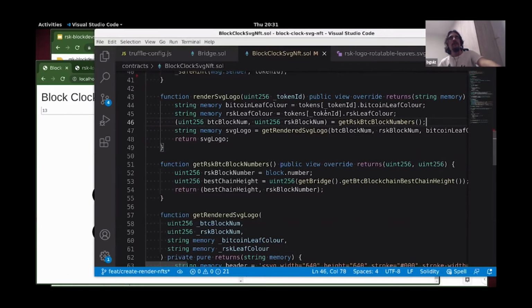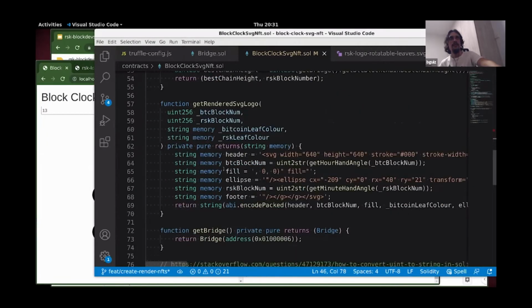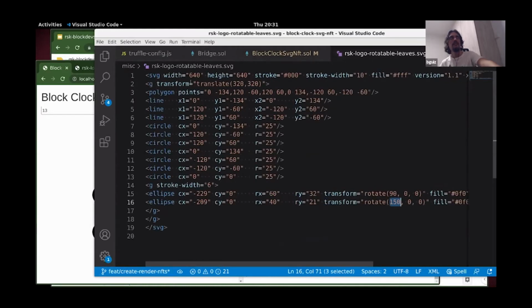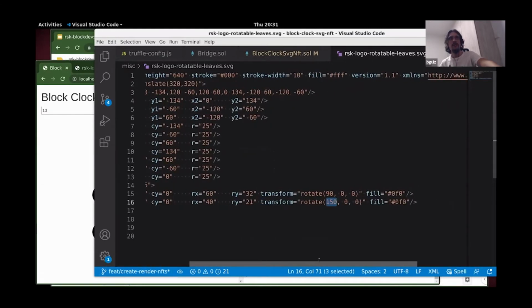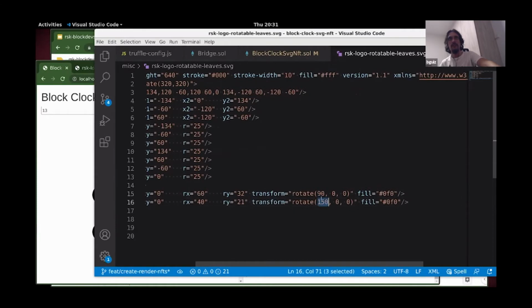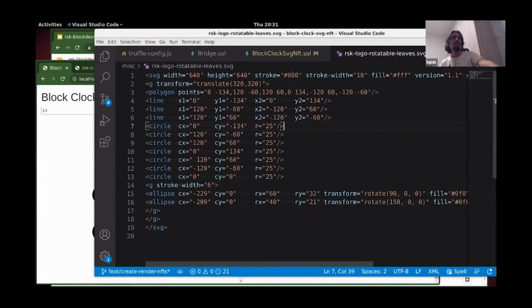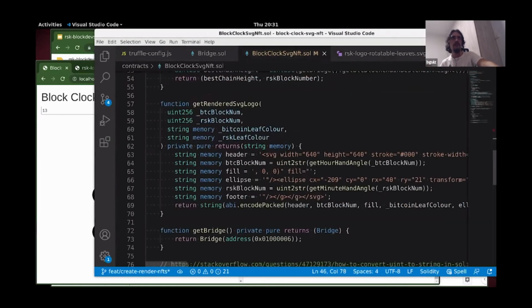And then what happens is the magic happens over here with the rendering. It's just basically concatenating a bunch of strings, which is kind of hard to read here, but this is actually the main idea, right? So you've got this SVG, and what it does is it replaces these numbers in the rotate thing with whatever the angle it has computed for the rotation of those leaves. Yeah, so that's pretty much how the on-chain rendering is happening, and it's animated because of the block numbers,